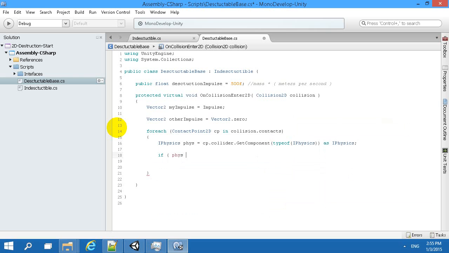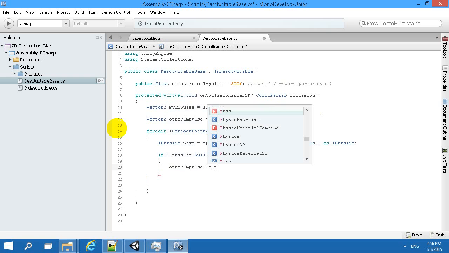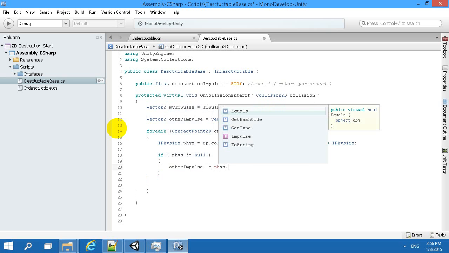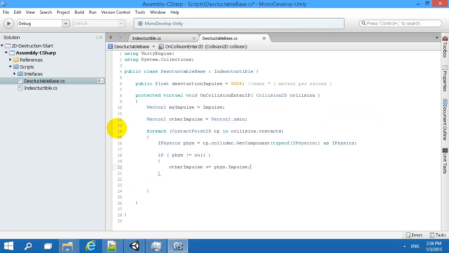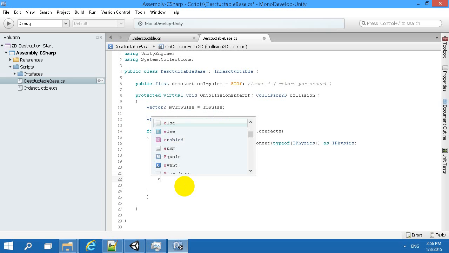But anyway, if there is no IPhysics interface on the object, we can use otherImpulse for the other formula. Here we add the impulse of the object to the other impulse, else